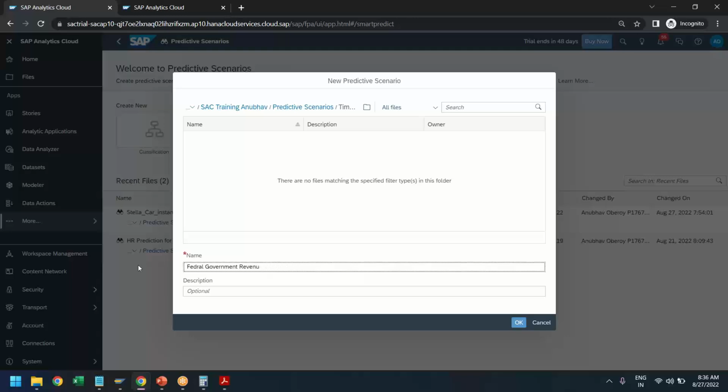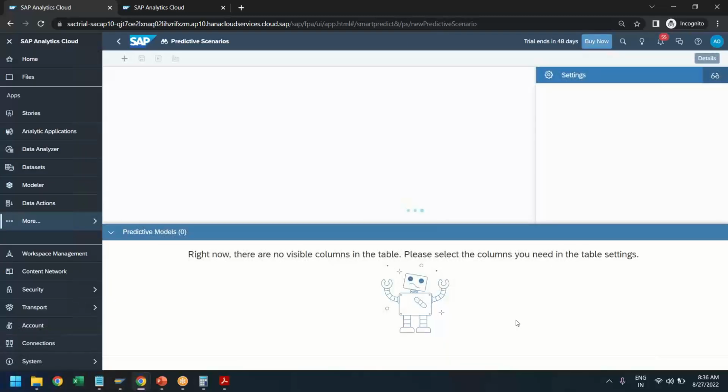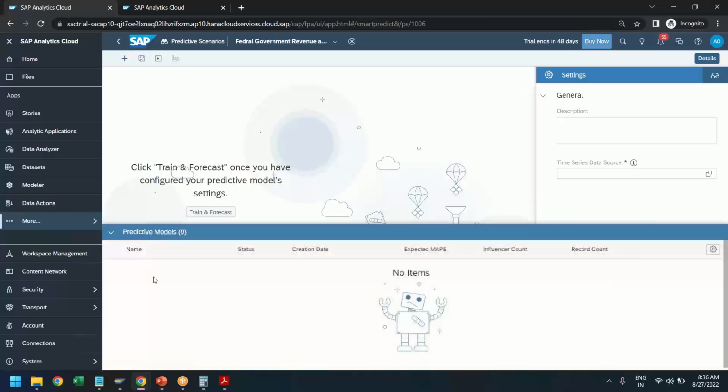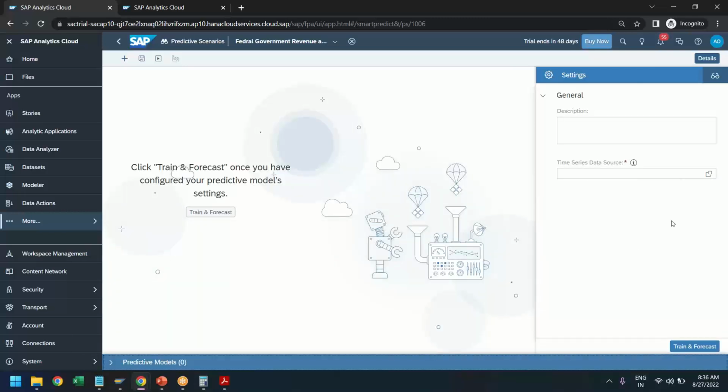So we'll create two models, one for revenue and one for expenditure. So two predictive models in the same scenario. So a scenario can have multiple models. We'll see that today. So now I'll choose here forecast, revenue